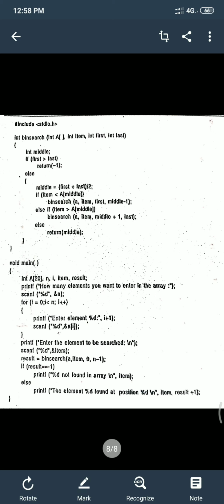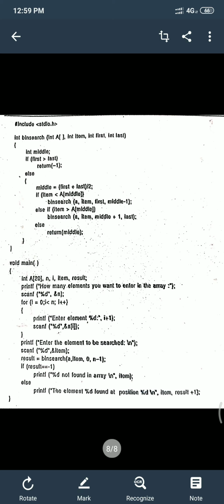So above is the program which shows the complete explanation of what I have explained in the algorithm. Just look at the program. In this program, a sub function which I have named int binarySearch has arguments int a, the array that has been passed as an argument, int item, int first, and last.